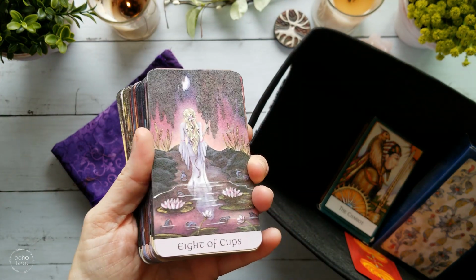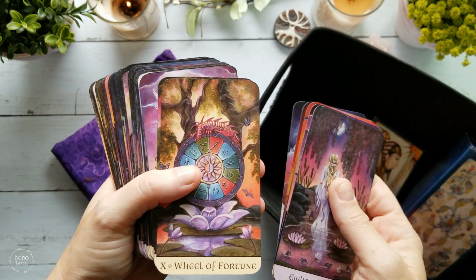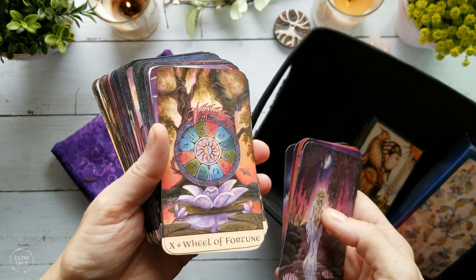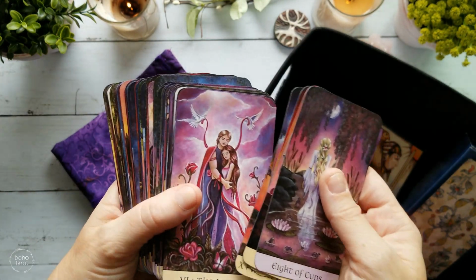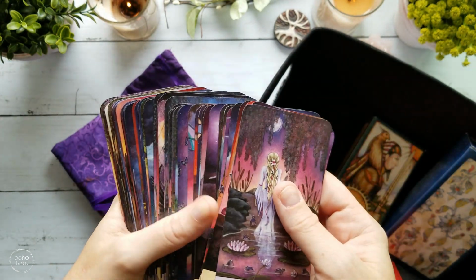In certain lights, you can see I have painted with metallic paints over quite a few different areas of this card. Maybe it'll pick up, like the wheel has been painted with a metallic purple. I mean, you guys, I spent months doing this. And it's all shimmery now. I don't know if it'll catch in the light because the